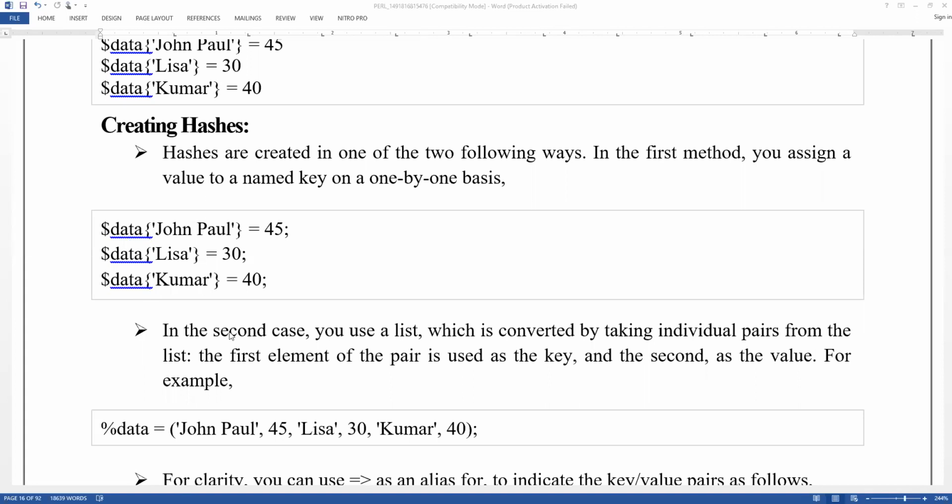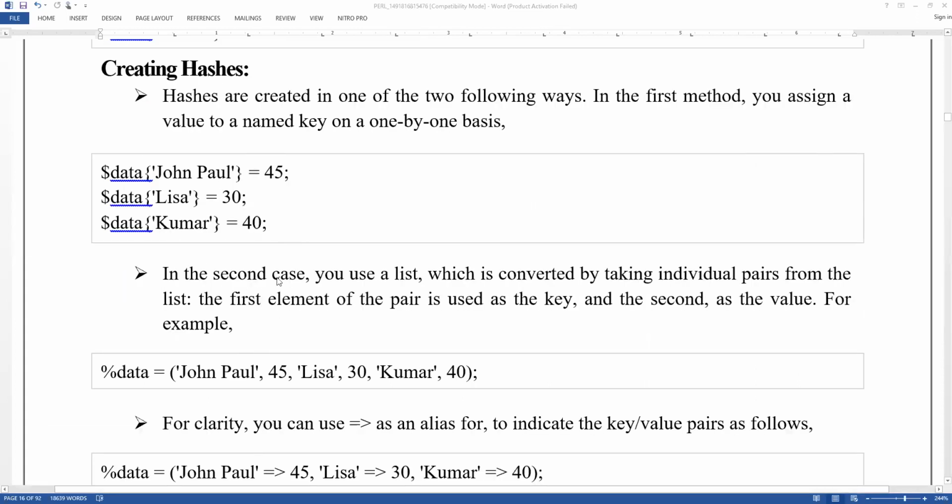This is one type of representation of hashes, because it all comes under one type of key and value. It is a key, and this is the value. Like this also we can create hashes.